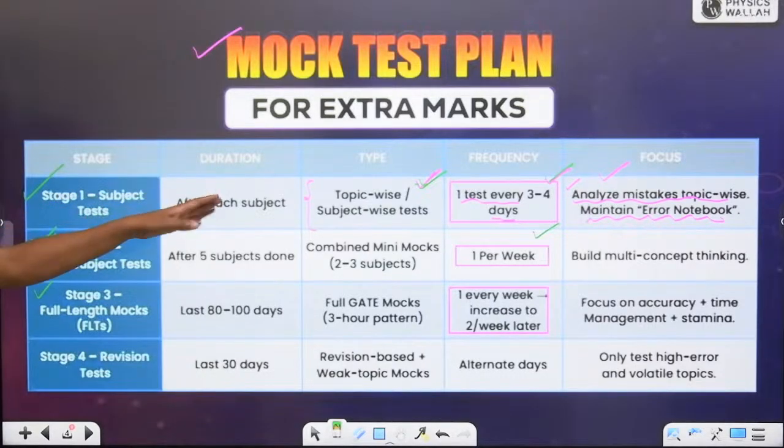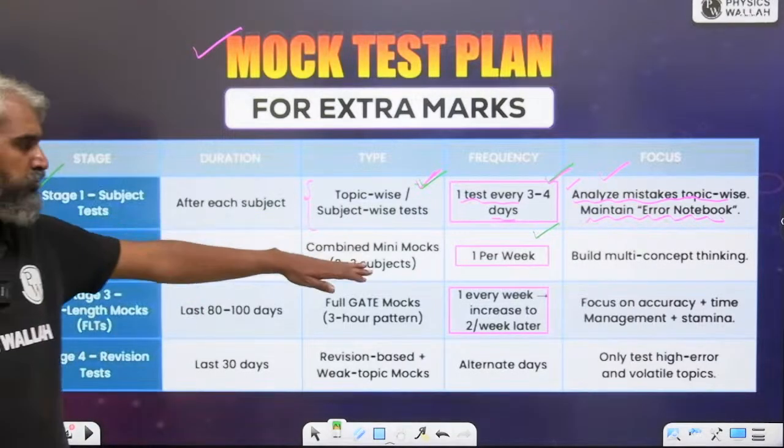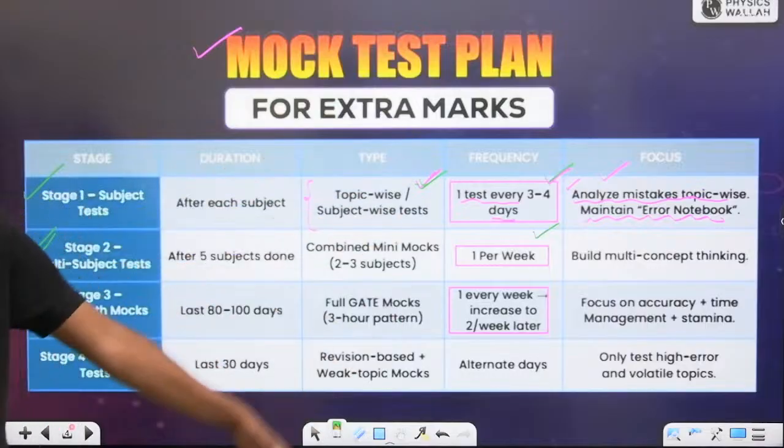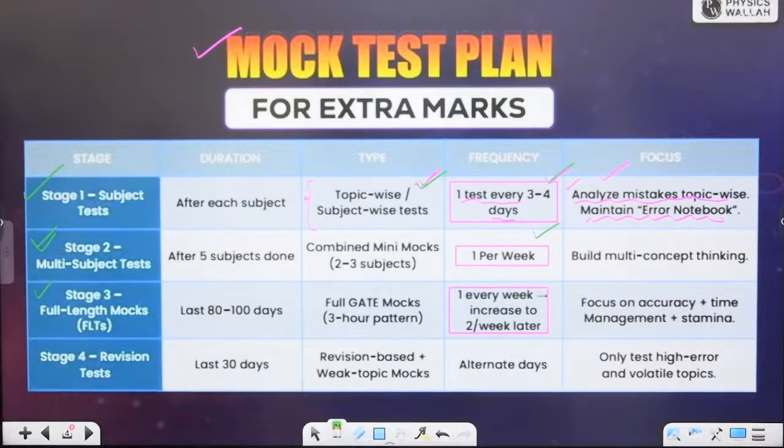2 or 3 subjects are not yet complete. While you move to stage 2, at least 5 subjects are complete. So by the time you move to stage 2, you have given 3 to 4 subject wise tests of almost every subject. Then you will move to